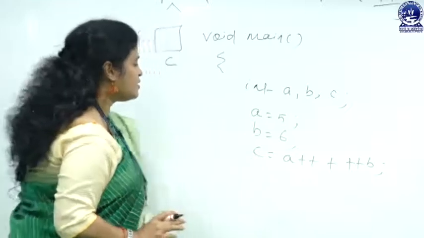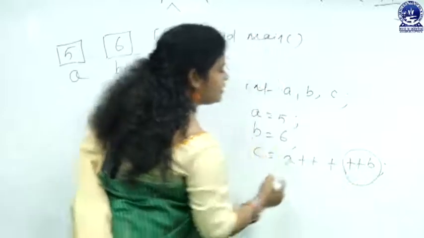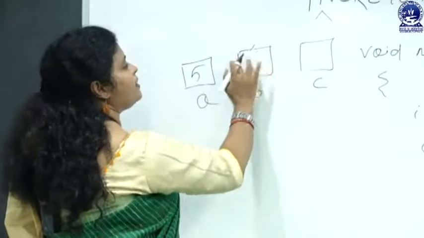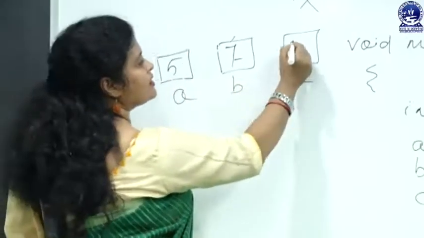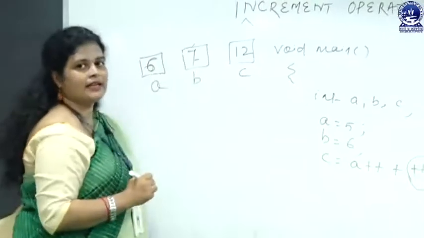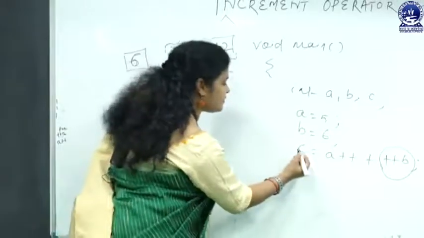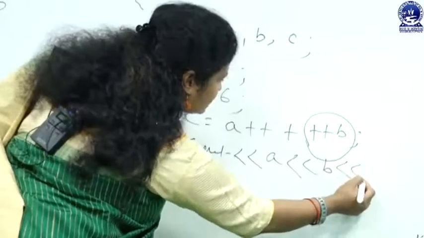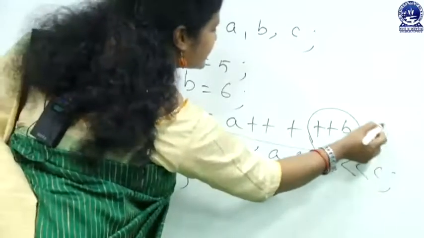So first we will discuss the prefix notation, B value. Now the B value will be incremented and will be 7, then plus 5, equal to 12, so C will be 12, then the 5 will be incremented to 6. Are you getting the way they are performing the operation? Let me finish the code, then we will discuss. cout << A << B << C. Now I am explaining these statements again.